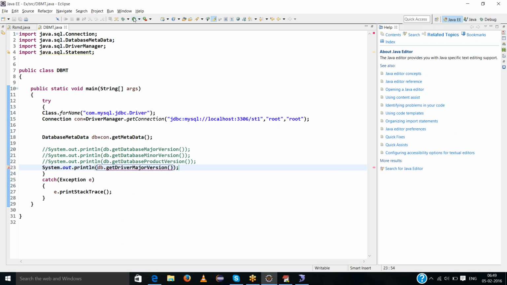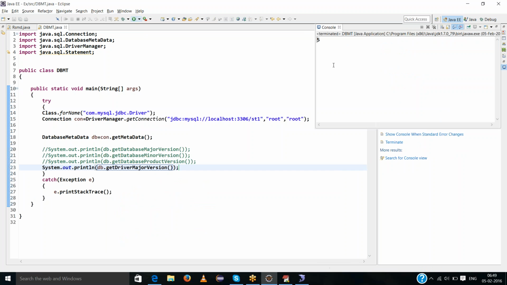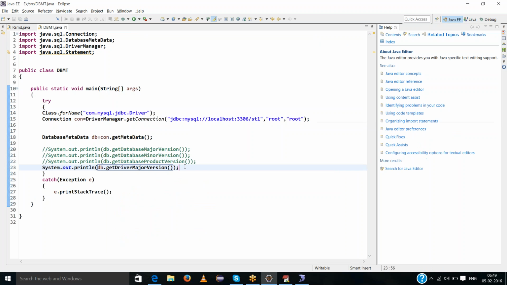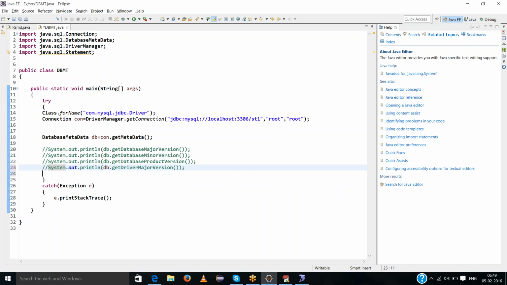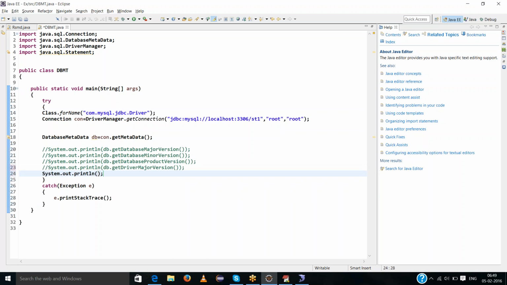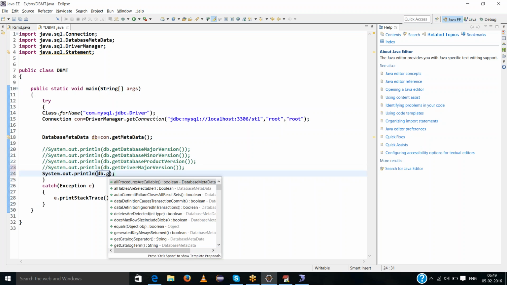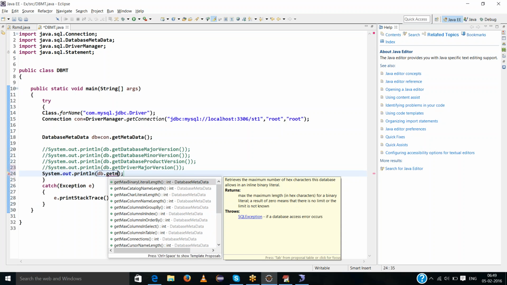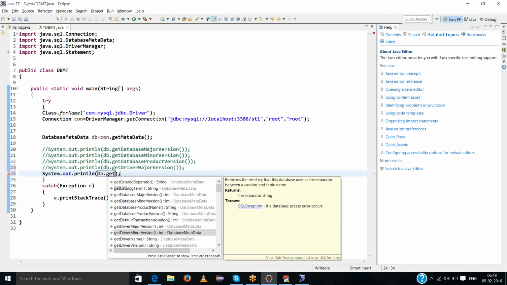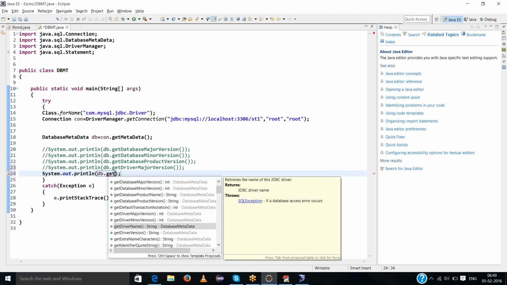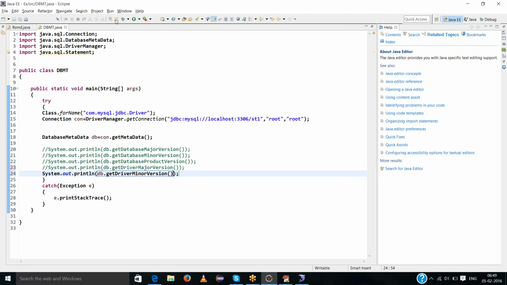Driver major version. Driver major version 5. db dot get minor version.